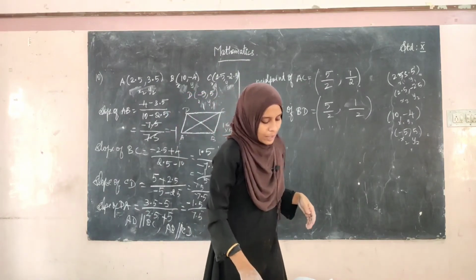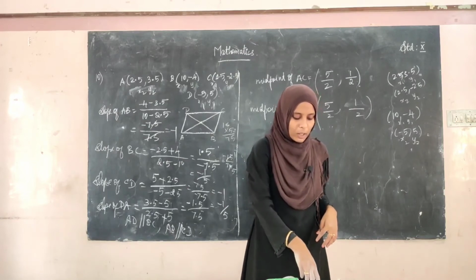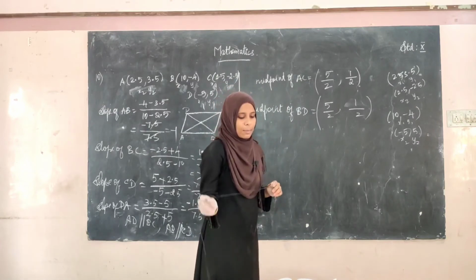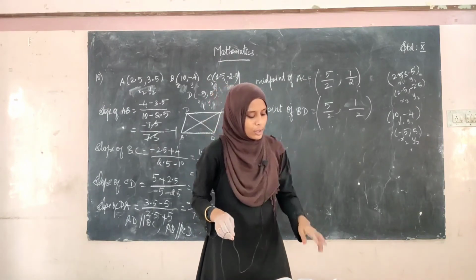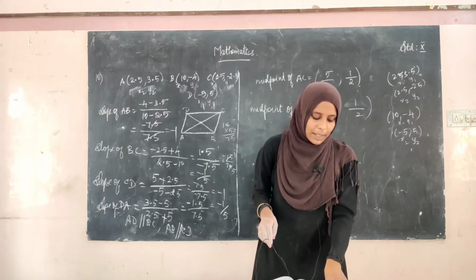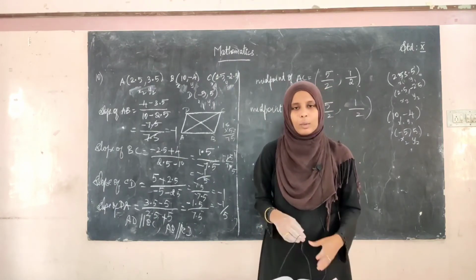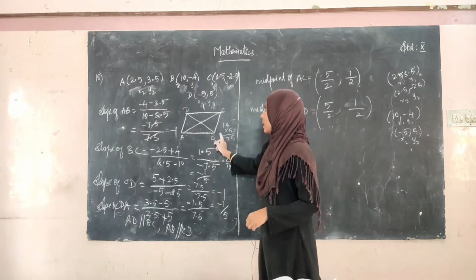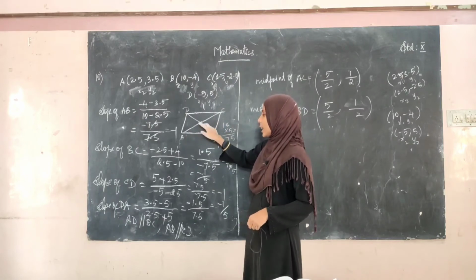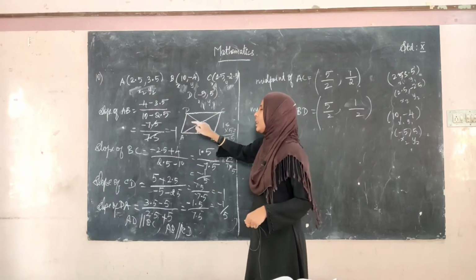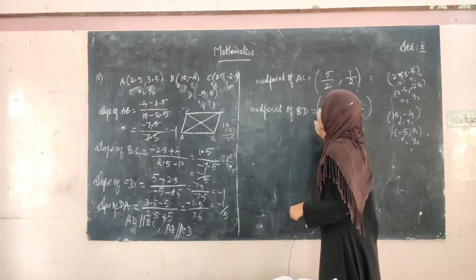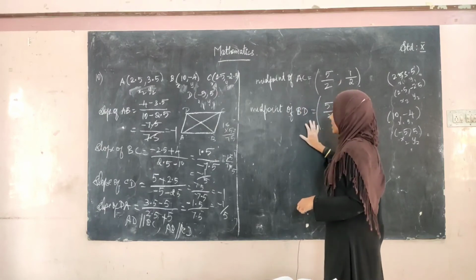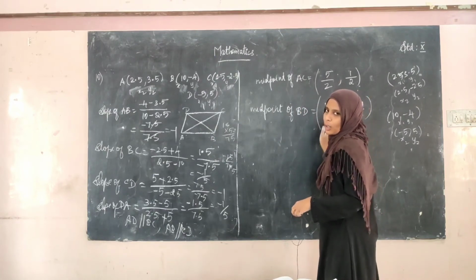Okay. See the 11th sum. If the 4 points they have given form a parallelogram, find the value of x and y. So what you have to do is, you can take A, B, C, D and take the opposite sign, that is 2 1 comma minus 3 minus 2 comma minus 3. If you can't mark it in a graph, you can just draw like this, A, B, C, D. So take the midpoint of AC and the midpoint of BD and equate this. Midpoint of AC is equal to midpoint of BD. If you equate that, you get two equations, then you can easily solve the values of